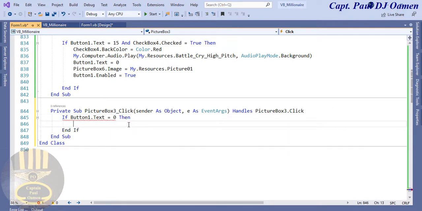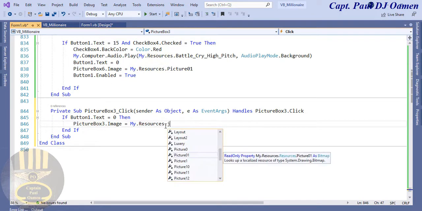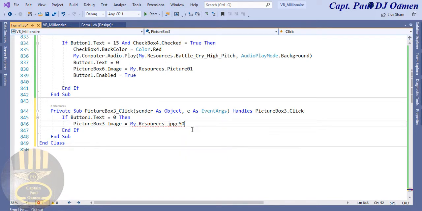Then what we want the system to do is I want the picture box 3 itself to remain, I think it should remain the same. So I'm going to grab this, just change it all around, paste it in here. Picture box 3, that's what I'm dealing with here, equals that to be dot JPEG 50. So the picture box remains the same. So if it's 0, else the picture box is going to be,